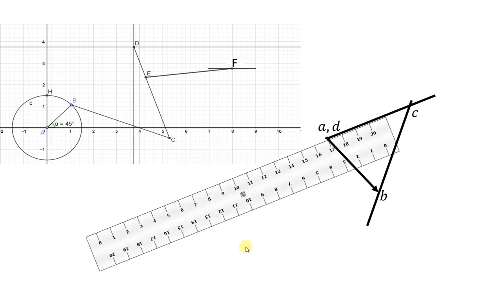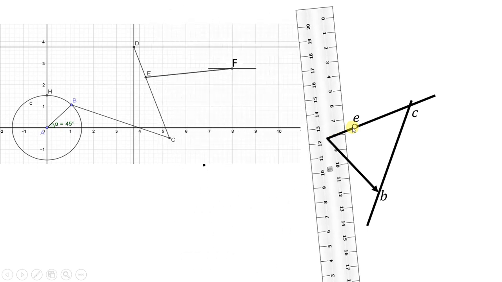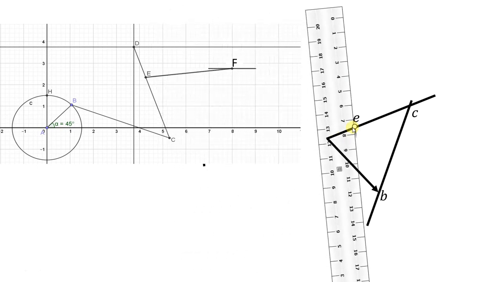So from D at a distance of 2 centimeters, we can see over here, this is 17 and this is 19. So at 2 centimeter, we can locate the point E. Now, the next vector will be velocity of F with respect to E, which will be perpendicular to this EF. And out of this E and F point, E point is known to us. So from E, draw a line which is perpendicular to this FE or EF link.